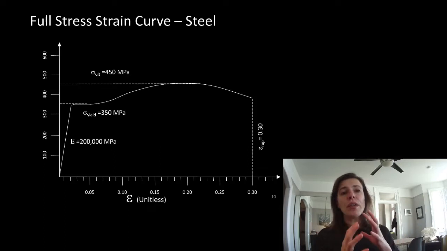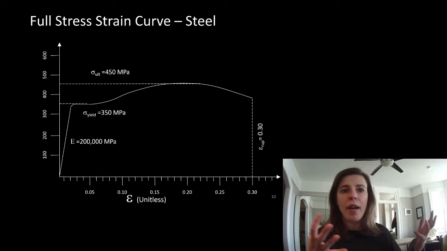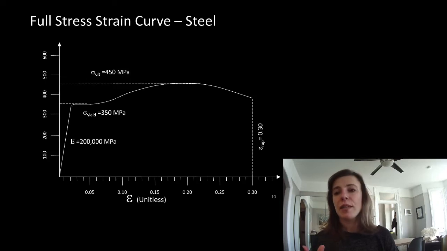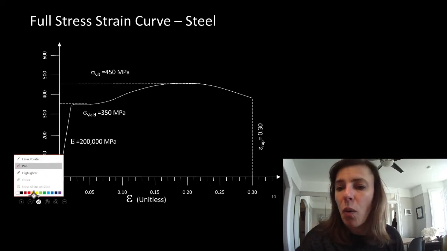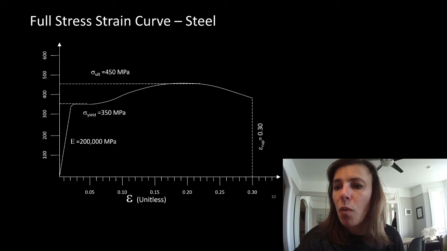So that's just our little recap about steel sections that are available. That's what we've got available to us in the world. Now you guys remember this diagram here, our full stress strain curve. For the most part, what we care about is this zone right here and this line right here, where we say the max,